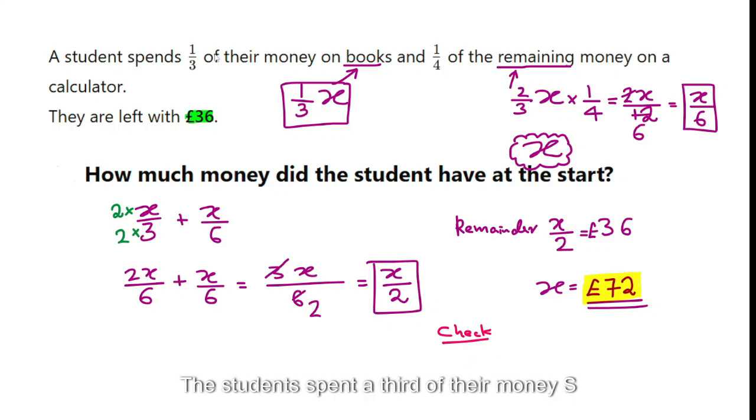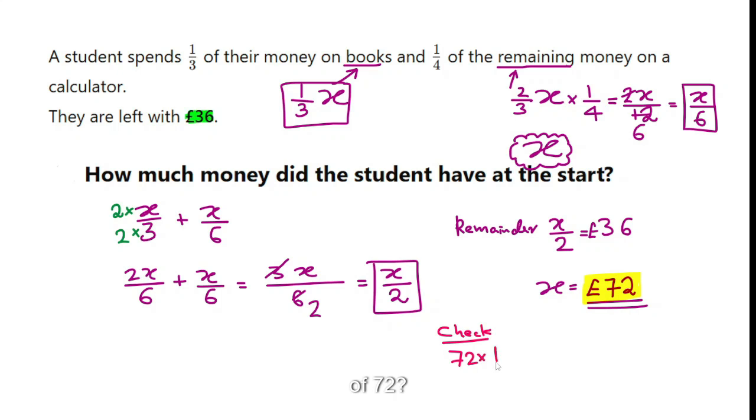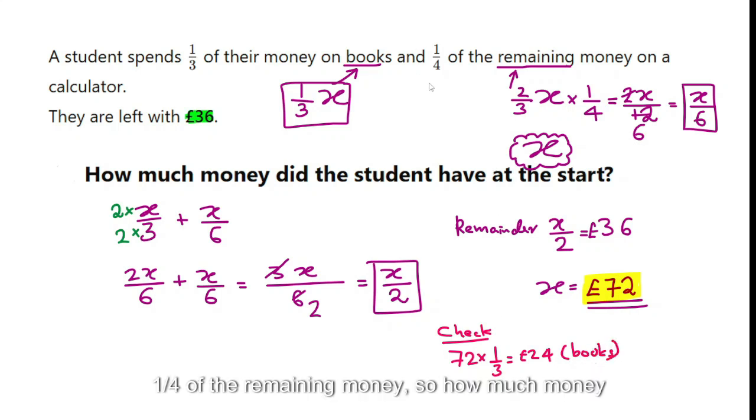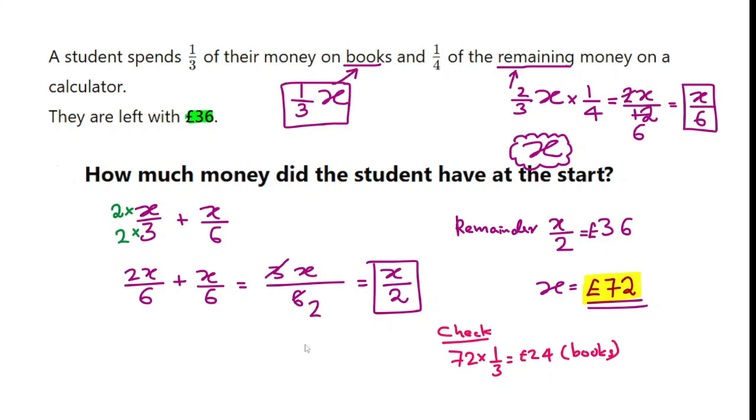The student spent 1/3 of their money. So what is 1/3 of 72? That's £24 was spent on books. Now, a quarter of the remaining money. So how much money is remaining? The student had 72, spent 24. So 72 take away 24 gives you